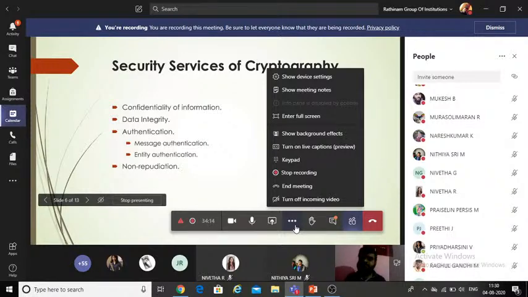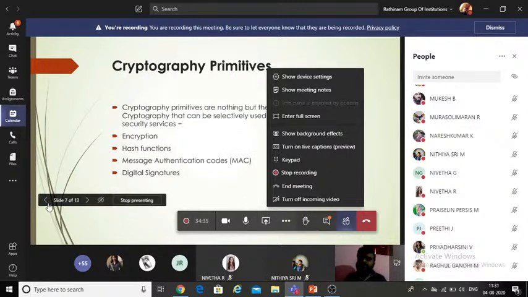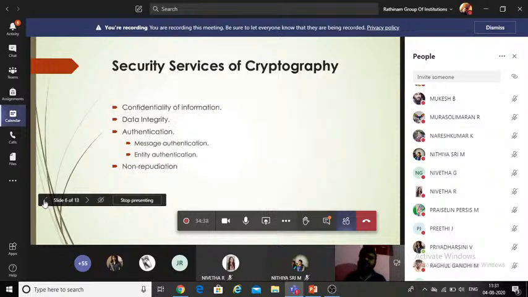And what about the receiver side? It means you received my message, you received my order, or you received my assignment, but you are telling that you have not received anything from me, I have not received any instruction from you. That is non-repudiation from receiver side. Okay. So it's like lying. So that is non-repudiation. Okay. So these are the security services of cryptography.